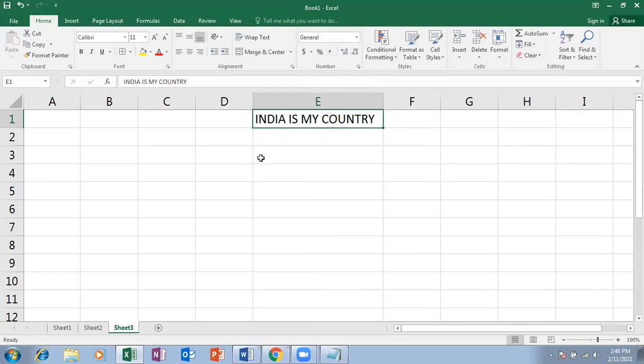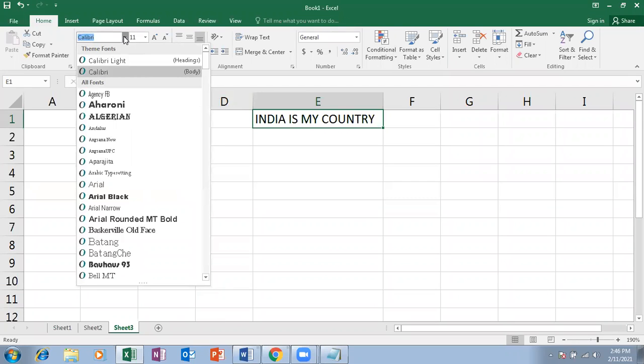Select this one. Just click on this font style. So what is that font? Font is nothing but an arrangement of pixels. So just click on that arrow mark. You can choose whatever font style you want.